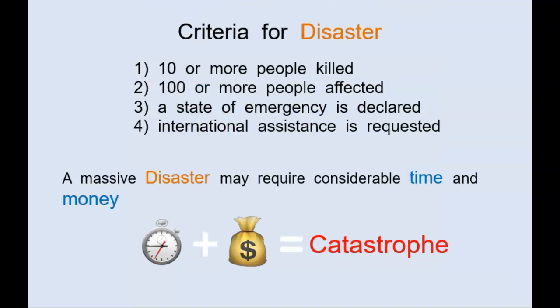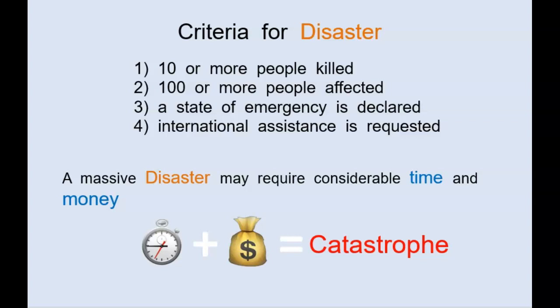Okay, so what does it take for a natural hazard to become a disaster? I've said many times that yes, it has to do with population and it has to do with property, but what is it exactly? So in order for a hazard to become a disaster, one of these 4 criteria listed on the slide have to be met. One at least, maybe more. So the first criteria says that 10 or more people have to be killed in order for that natural hazard to be characterized as a disaster.